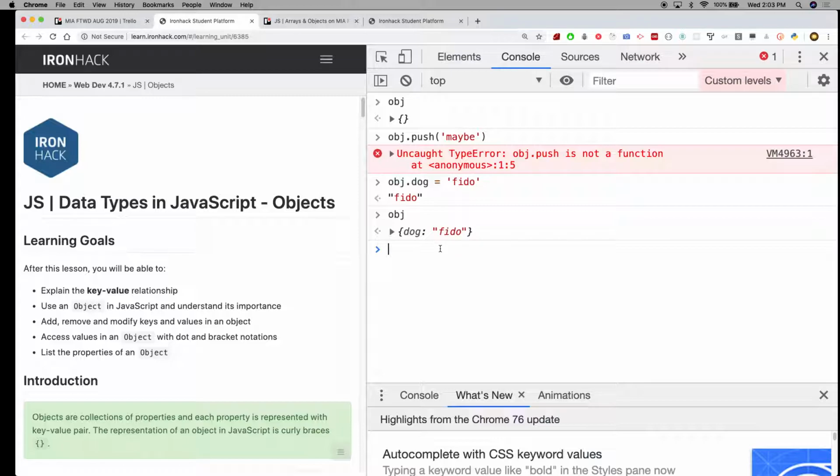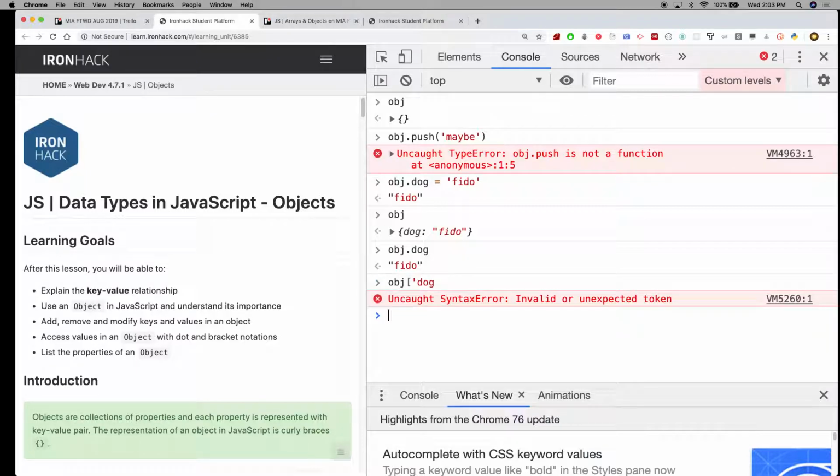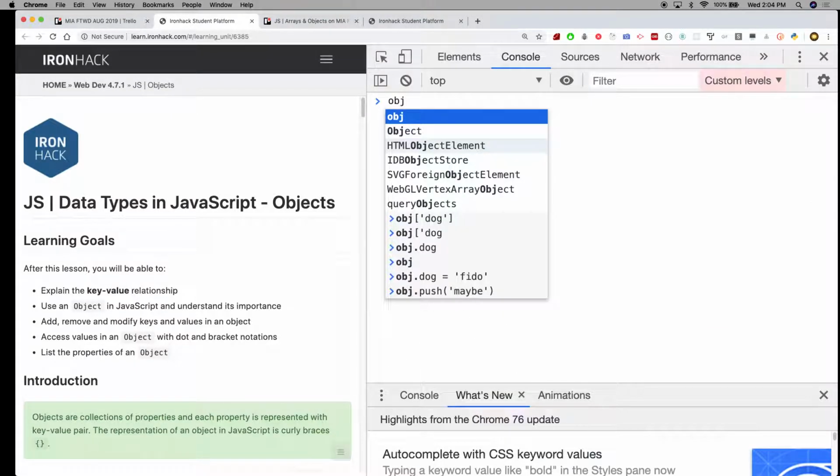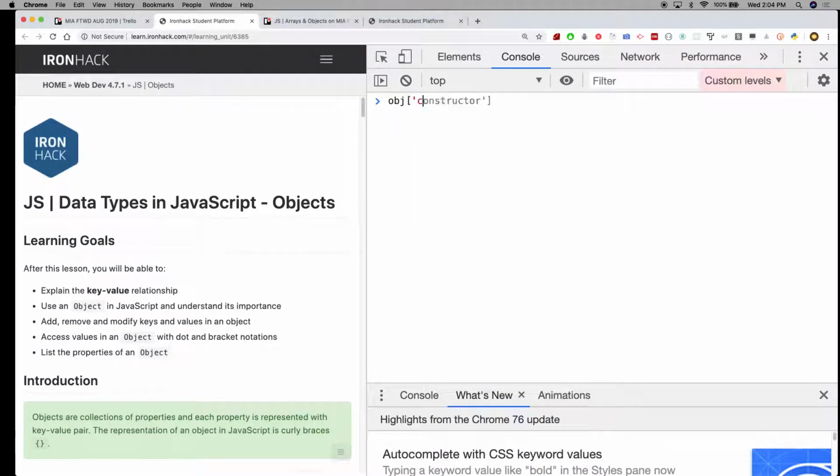So how do I get Fido back? Same way I put him in there. Object.dog. Okay? Also, there's bracket notation. And there is a difference, but again, one of those small, specific differences. I'll talk about that later. Fido. Okay, let me add something else. Object dot, we'll do it with cat. Object.cat equals,